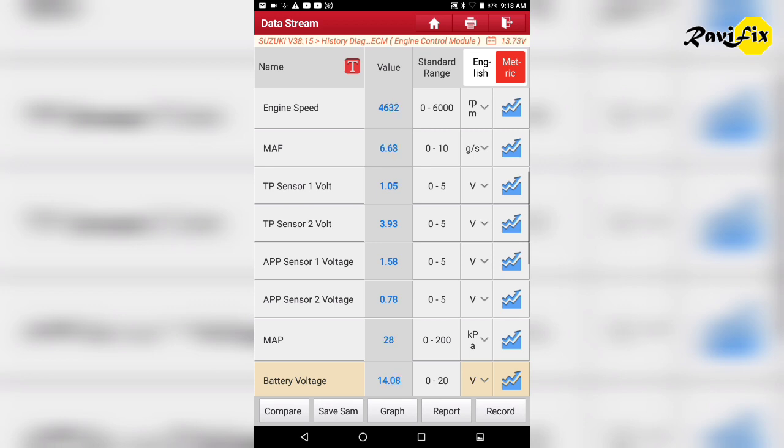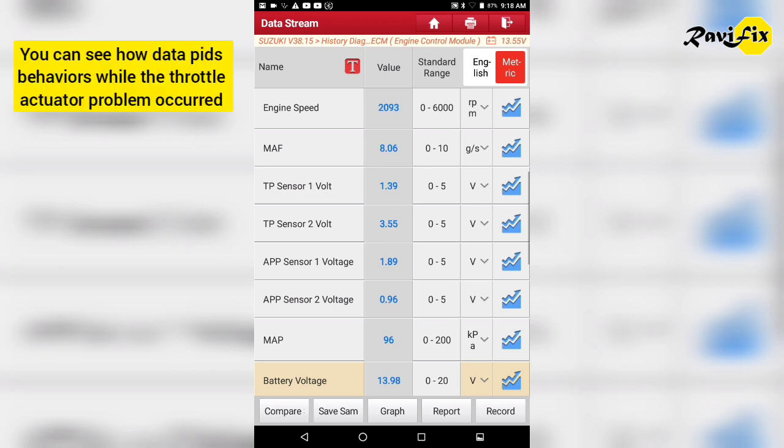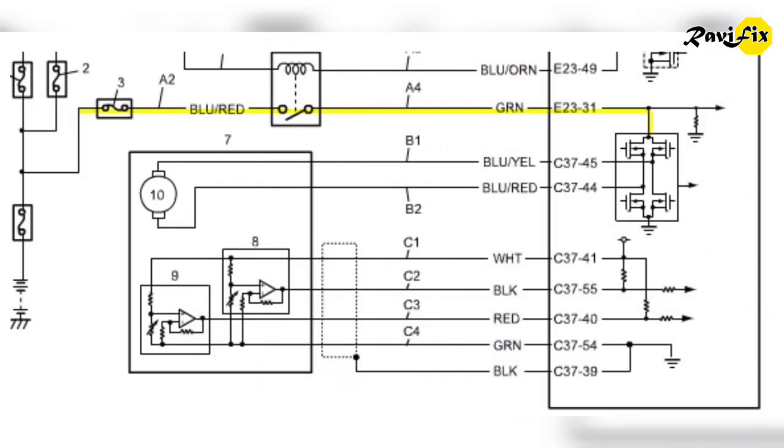According to the RPM fluctuation, these TPS data are correct. On the other hand, TPS data is the output of the throttle motor behavior. So TPS is not a matter in this problem. Scan data is not enough to troubleshoot this problem, so we decided to do waveform analysis of the throttle actuator motor.